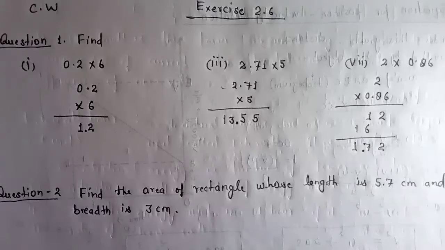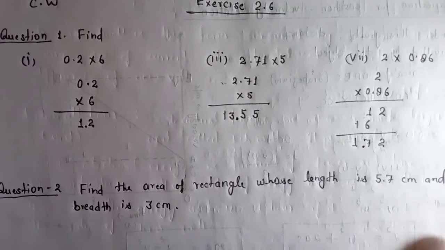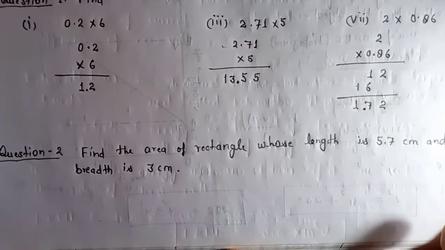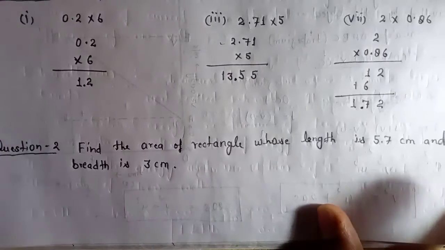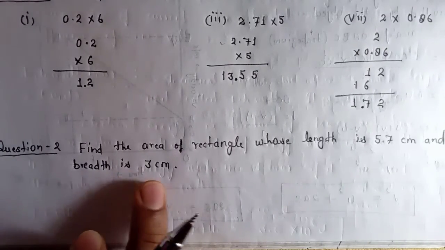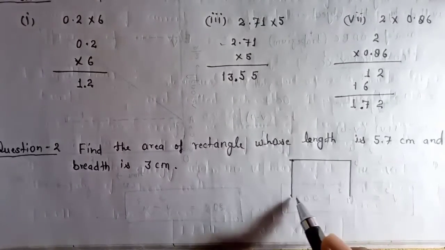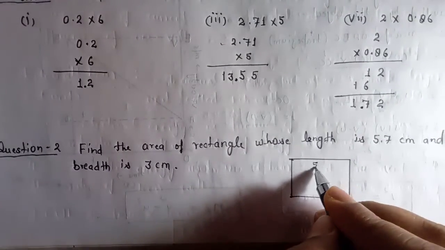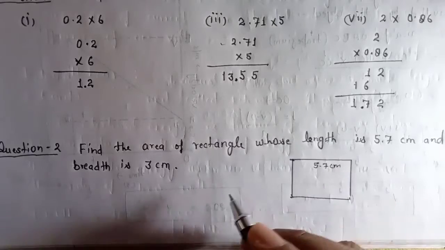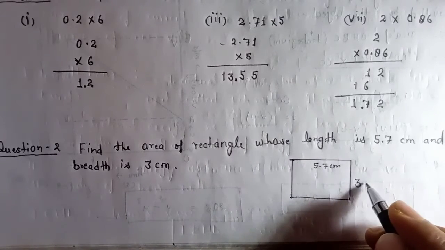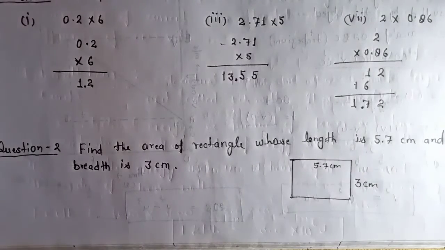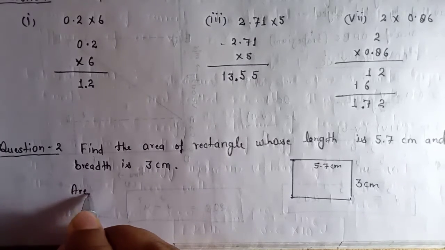1.72 is your answer. We have a question here, question number 2. Find the area of the rectangle whose length is 5.7 centimeter and breadth is 3 centimeter. There is a rectangle and we have to find the area whose length is 5.7 centimeter and the breadth is 3 centimeter. And area of the rectangle